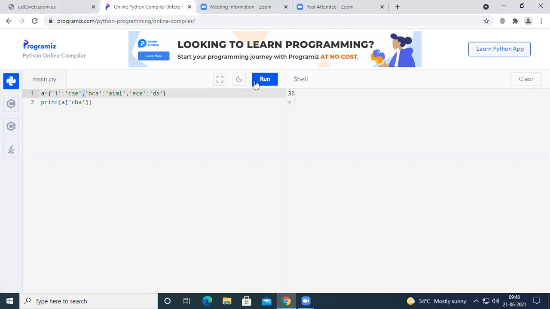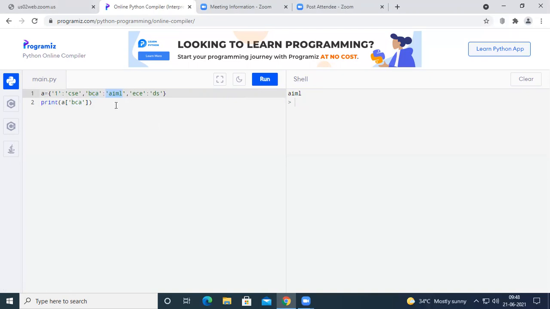If you do like this, you are going to get an error because there is no key CBA. There are only 3 keys, one, BCA and ECE. If you want to access any of these, you can give the name of the key, and it will print the respective value under that key. We have asked to print A of BCA, so the Python compiler is going to check where the BCA key is, and if it finds it, it will print the value at that key.